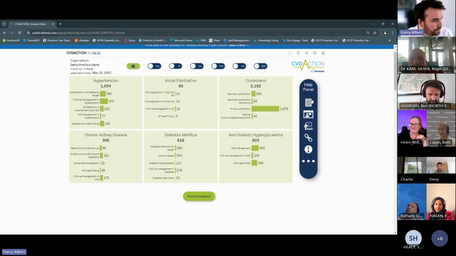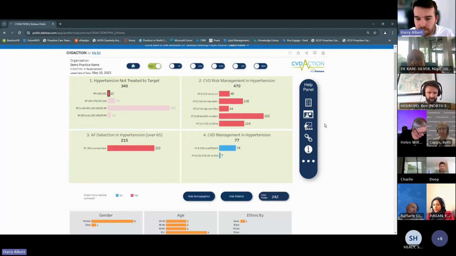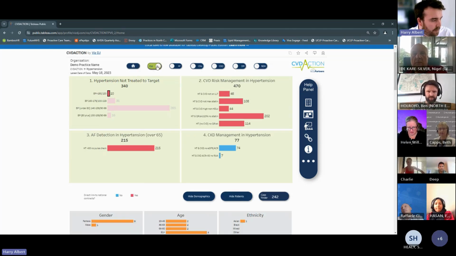Okay, perfect. So as I said, hopefully you're all very familiar with this, so I won't harp on too much. I just wanted to pick out the specific elements of the help panel, which is where you'll find all of the resources that we'll be discussing today. So I've clicked onto one of the condition pages, so hypertension here, and you'll see that all of the buttons stay the same across all of the pages. So the first one that you can click onto,